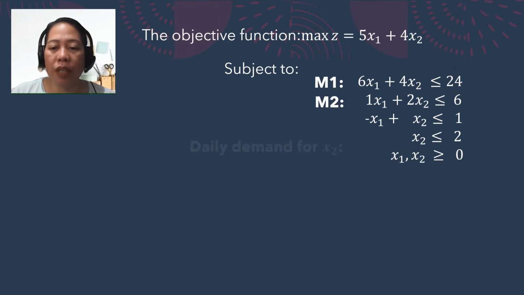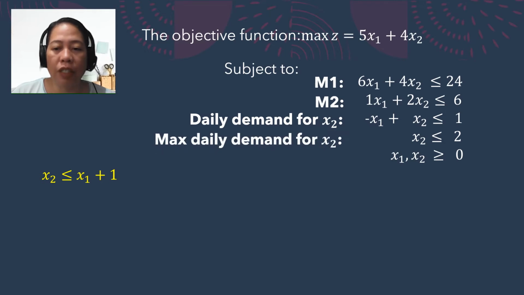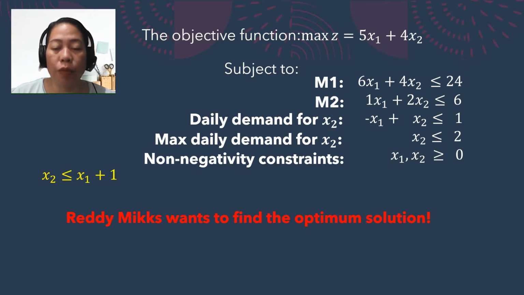Another constraint was given that the daily demand for interior paint cannot exceed that for exterior paint by more than 1 ton, which can be translated in this equation form. And lastly, the maximum daily demand for interior paint is 2 tons. We also need to put the non-negativity constraints, the x1 and x2, which are greater than or equal to 0. Again, Reddy Mikks wants to determine the optimum product mix of interior and exterior paints that maximizes their total daily